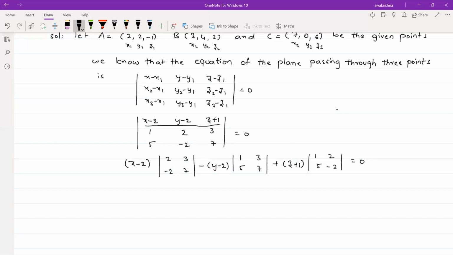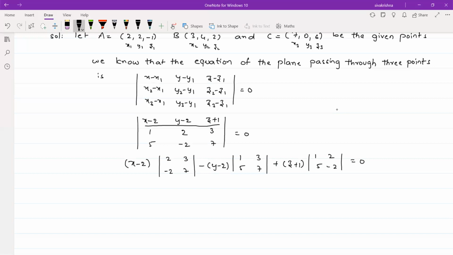So we have to write those 4 elements in a determinant. Okay, so after that, coming to the second element, we have to put minus. Always while expanding a 3 by 3 determinant, after writing the first element, if you reach the second element, then we have to put minus for the second element. So I have written here minus of y minus 2 into. Once again, we have to close the corresponding column and the corresponding row of y minus 2.